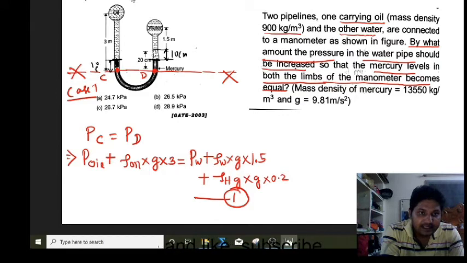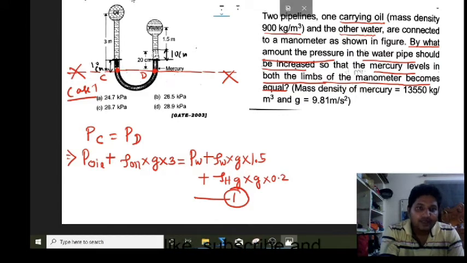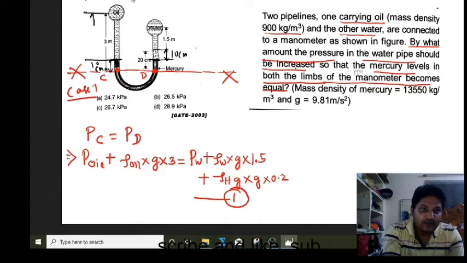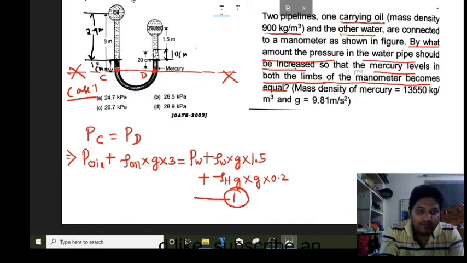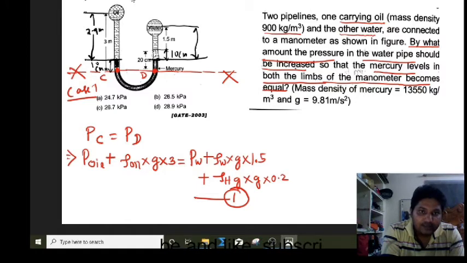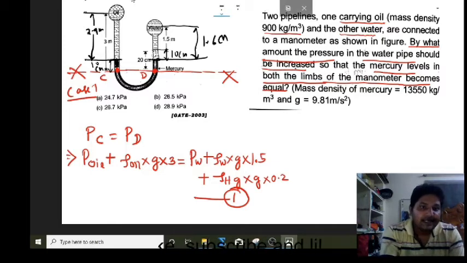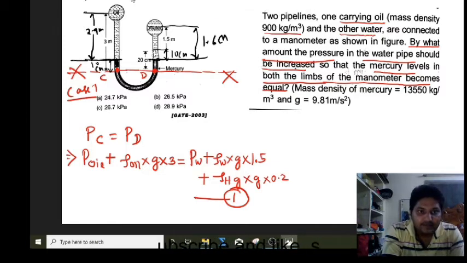So the new height, if this one is C, is now 2.9 meter. This is my new height. From this one to this one, the new height becomes 1.6 meter. Now I am choosing this one as my reference axis, which is my x-axis, and the same points, point C and here point D.